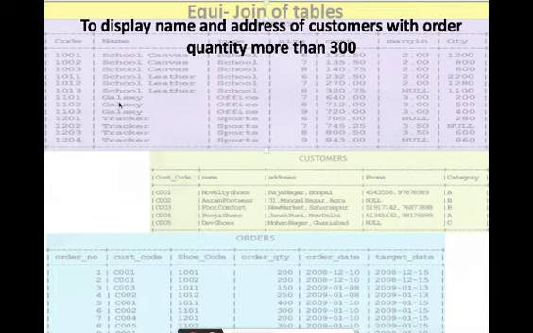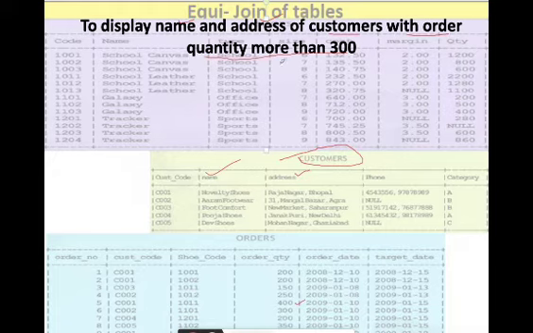Now what is happening in this example? In this example we have to display name and address of customers. So name of the customer and address of the customer is coming from the customer table only. But if you watch this query carefully, we have to display only names and orders of the customer which have quantity more than 300. Now if you see, this is customer C001, quantity is 200, 200, 200, this 400. This quantity is greater than 300. This row is to be picked. That means only this row has to be matched, and we have to leave all these.